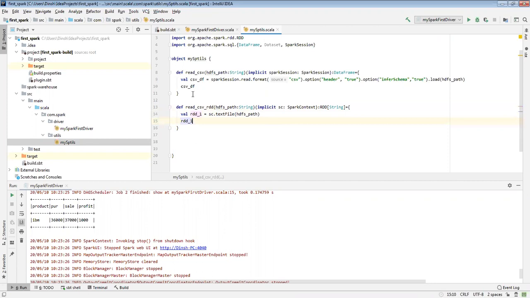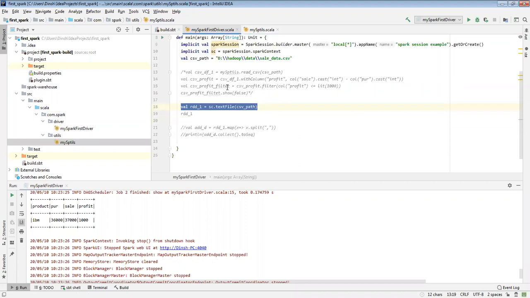Now I have already written it the same way, and I'm just calling a frame here. Now I just want to do the collect.